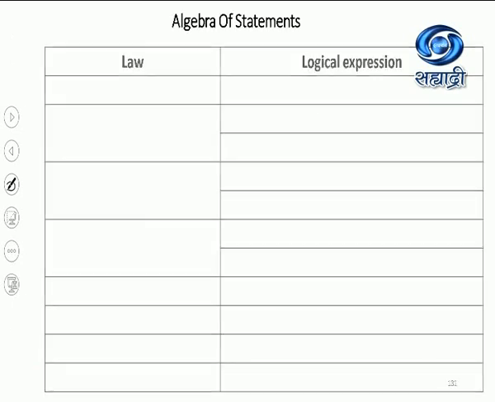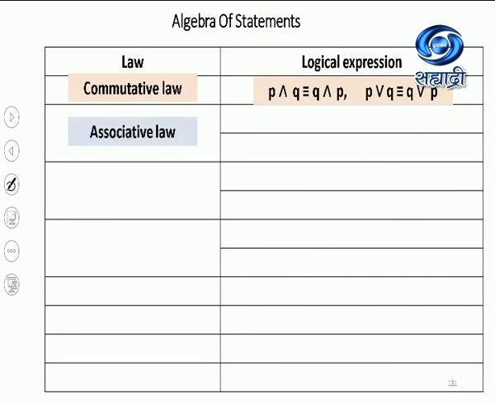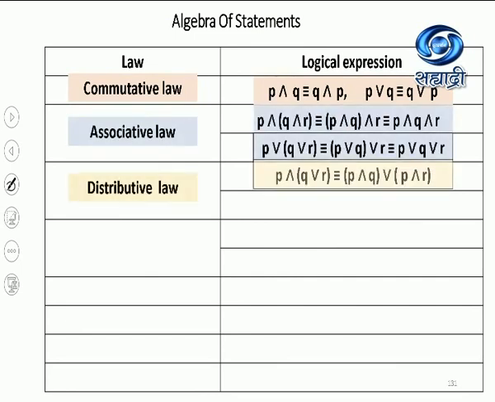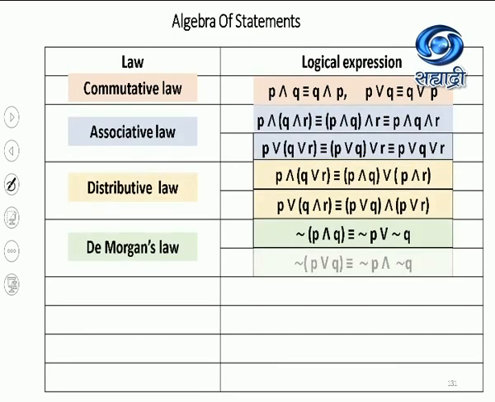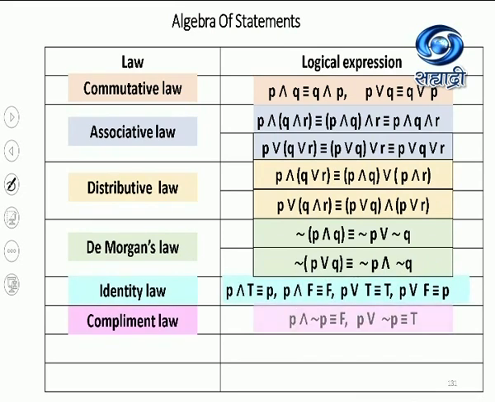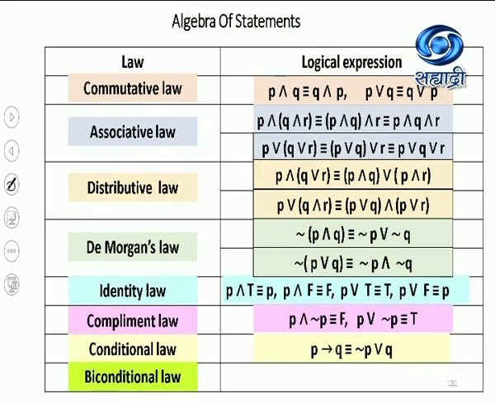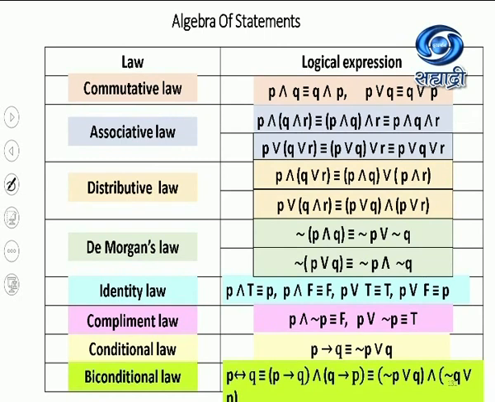Equivalence of algebra of statements. This is an important part. I have all the laws in front of you. Go one by one through 8 so that we can solve the examples based on them. Okay, this is P implies negation Q or P. If it's not visible for you, it's this way.